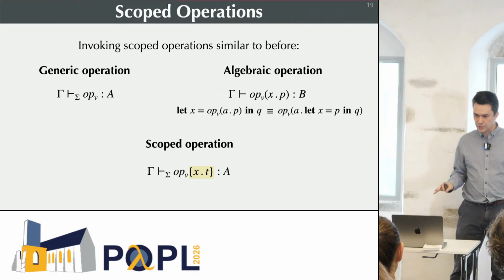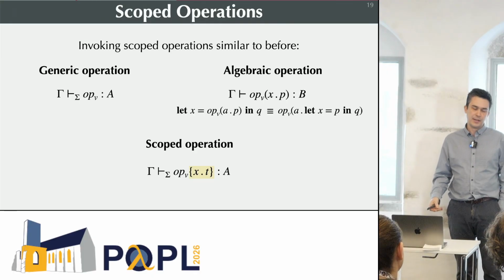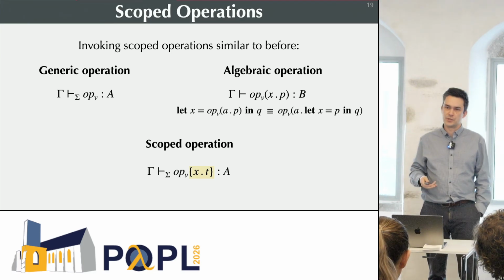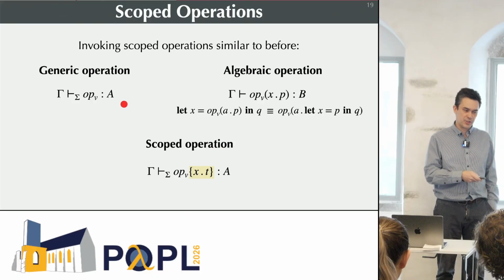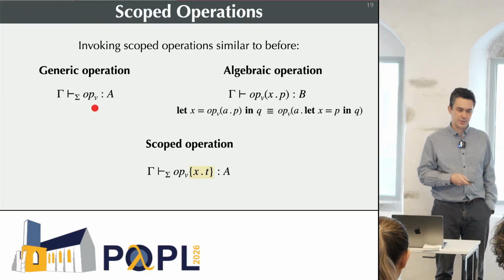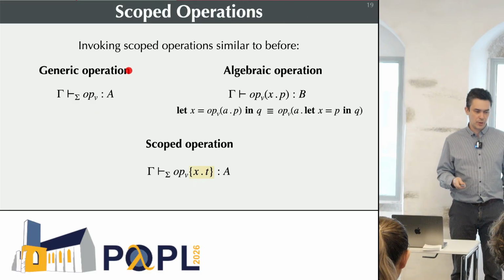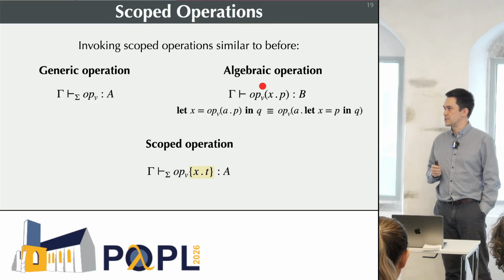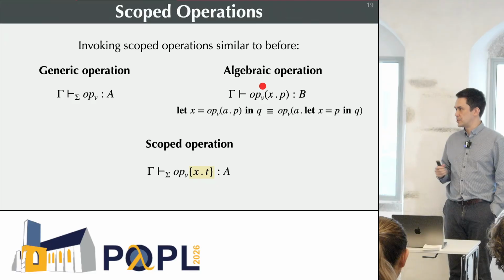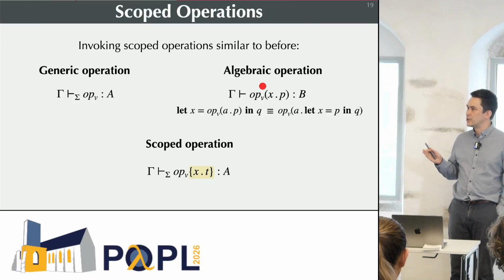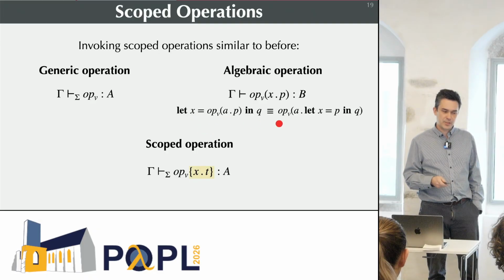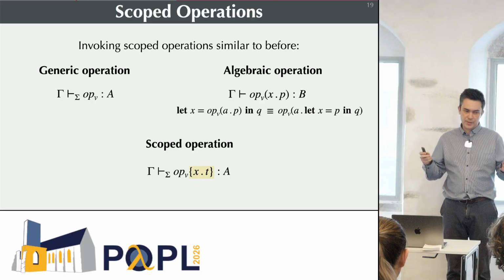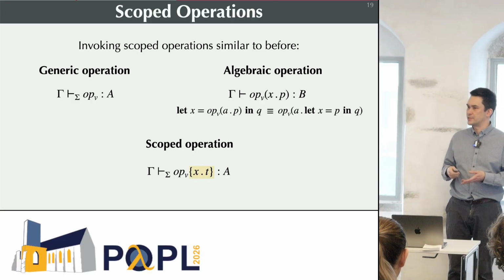And so at this point, I think it's good to just reflect a little bit on the different presentations of operations that we've got. So we have the generic operation that we started with, and what I briefly noted was that we have a kind of rewrite rule that just says, actually, generic operations are just the same as algebraic operations, which have this round parentheses around to say where the continuation is. And that's subject to this law that says that you can always commute the let into the parameter.